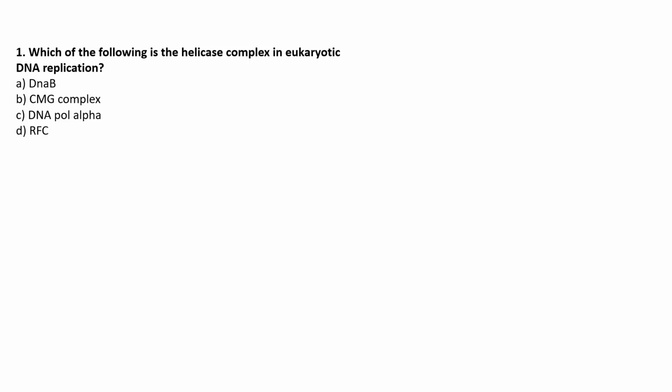Option B. That is correct. Very good. So, I mentioned that helicase, or DnaB of prokaryotes, is a little more complicated in eukaryotes because it's a complex of three